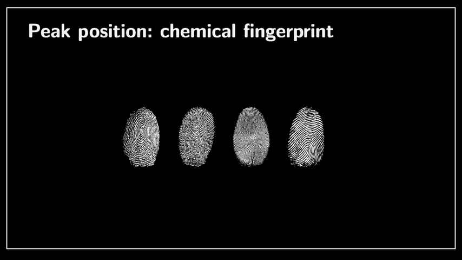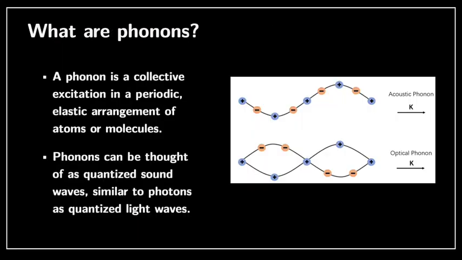Okay, so good. So I'm going to tell you a little bit more about phonons now. So we are talking about vibrations, phonons, and it's impossible to do Raman spectroscopy if you don't have a basic understanding of phonons. A phonon is a collective excitation in a periodic arrangement of atoms and molecules. So it's a little bit like if you have atoms in a material, you are going to have a collective vibration, a collective excitation of the ions, and the vibrations are actually responsible for the sound propagation, or at least